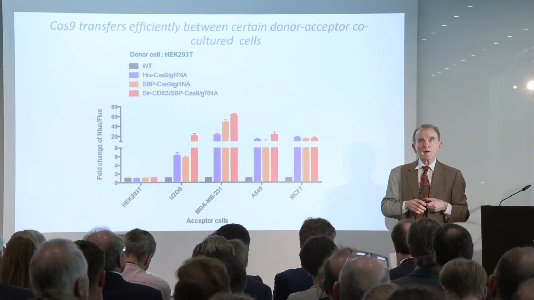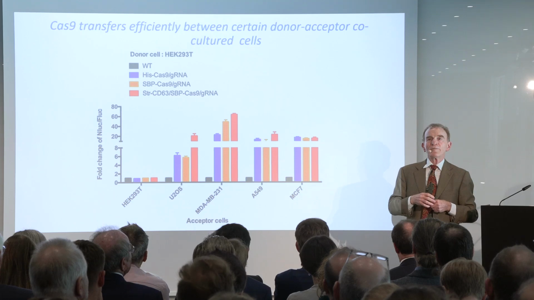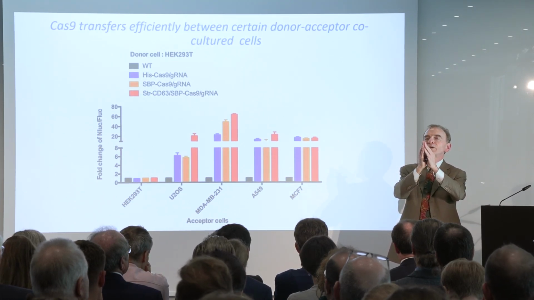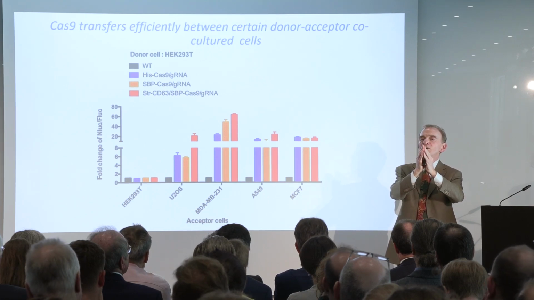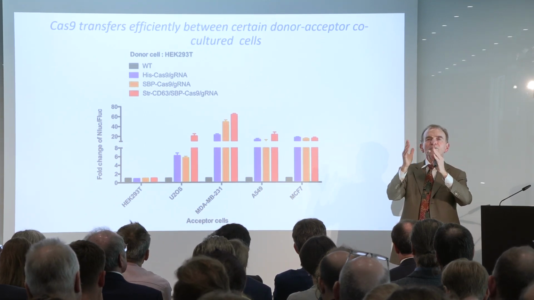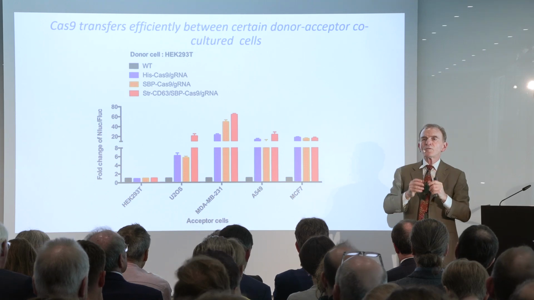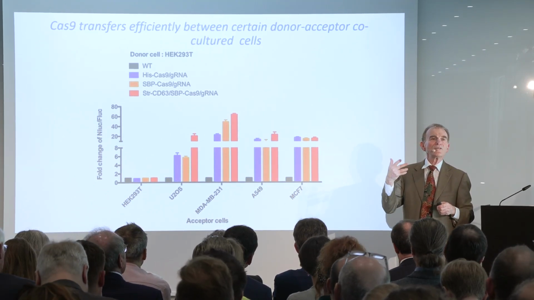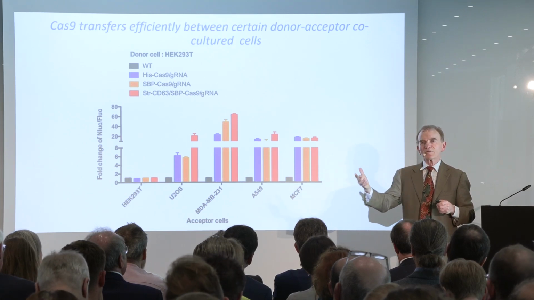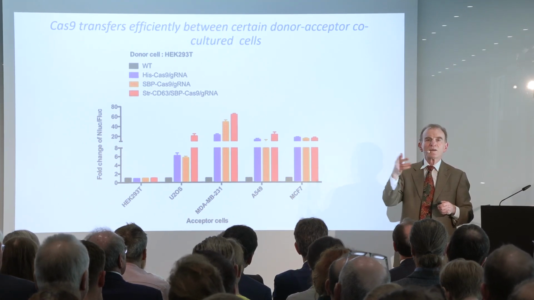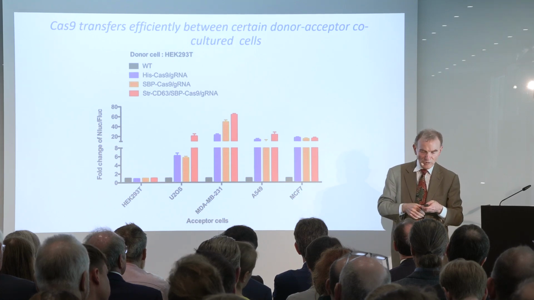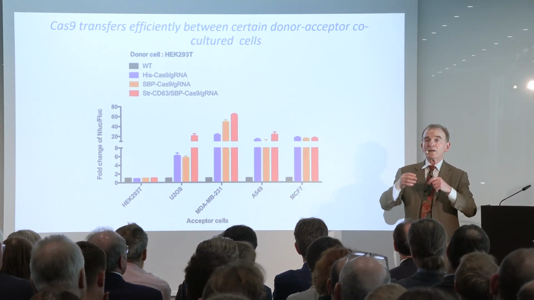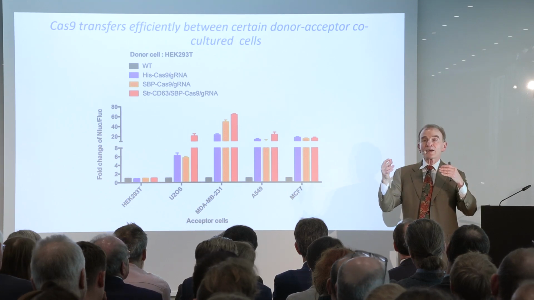Now, what could it be? Well, there were many possibilities: maybe a kind of an immune synapse where vesicles would be in a very protected environment, conveyed one to another. Other forms of endocytosis maybe were involved, but we tested all of these alternative views. They would have required some kind of endocytic process for the transmission of Cas9 from one cell to the next, and those showed no effect of inhibition of endocytosis. So we were left with another hypothesis, namely a phenomenon that had actually been observed over many years,